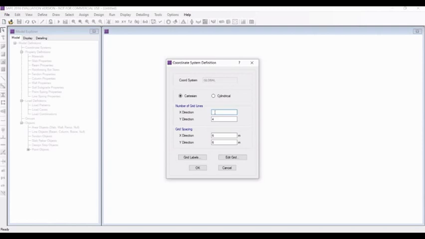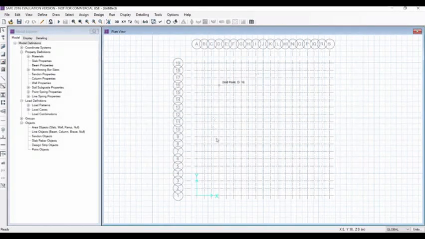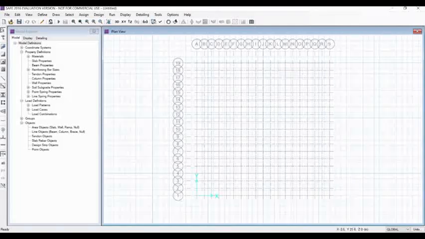So in the X direction we know the grid line 19 for 1 meter spacing, and in Y direction 19, because both the sides are 18 meter. We'll go to X direction, type 1 meter here, here also 1 meter, and we will get our grid. This is an 18 meter by 18 meter grid and 19 lines are taken.